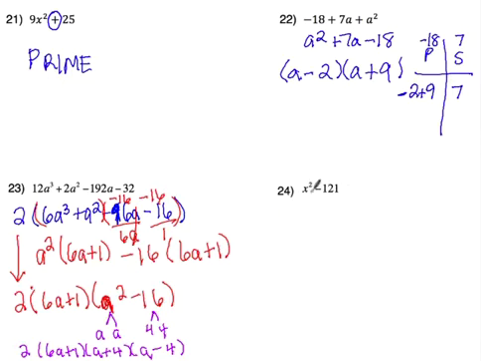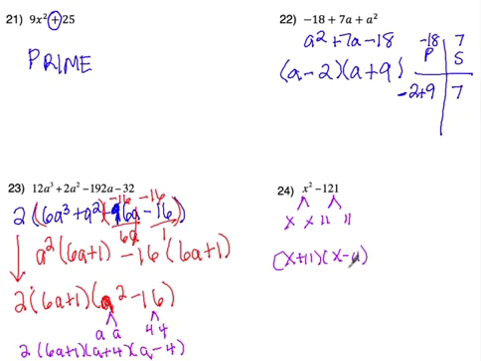And then 24 is pretty easy. It's a nice one to end on. I look for a GCF, no GCF. Then I look to see if it's perfect squares. x squared is a perfect square, 121 is a perfect square, and it is a difference. So I'm going to go ahead and break those down. I get x and x. I get 11 and 11. So I get x plus 11, x minus 11,